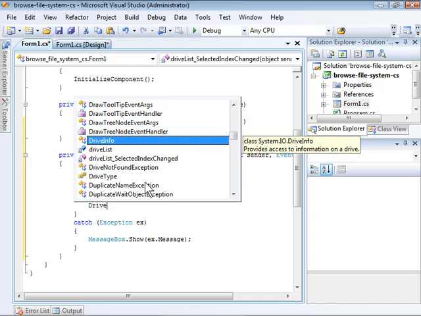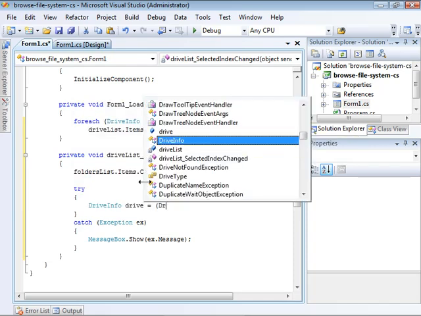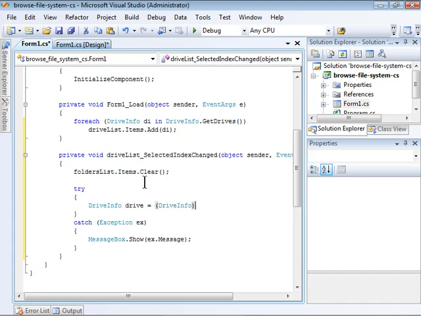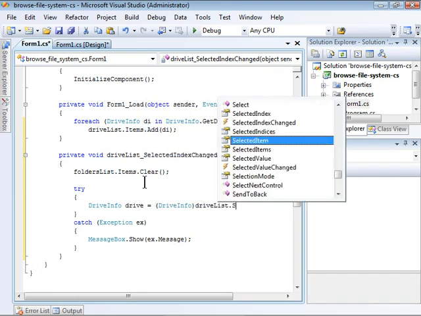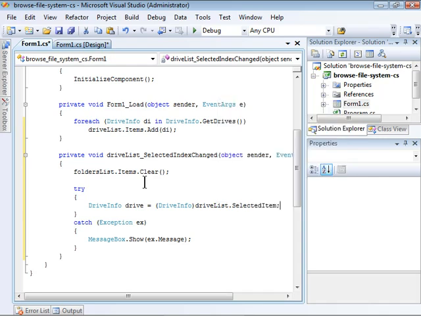Within the try block, I will create a DriveInfo object by casting the selected object from the list. If you look up to the for each loop earlier, you'll notice that I added DriveInfo items to the drive list. When the user selects one, I can access that DriveInfo item using driveList.SelectedItem. However, SelectedItem, as you can see here,